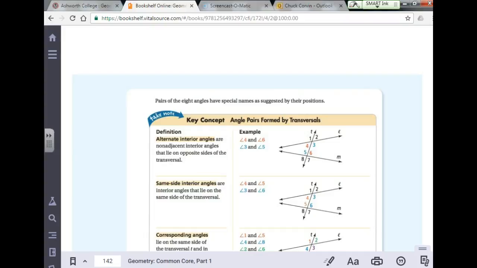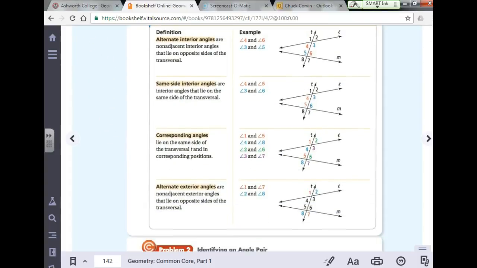Hello, we're looking in section 3-1 of your Geometry Part 1 textbook. This is found on page 142. Before we actually do problem number 2, I want you to pay attention in the textbook to this part right